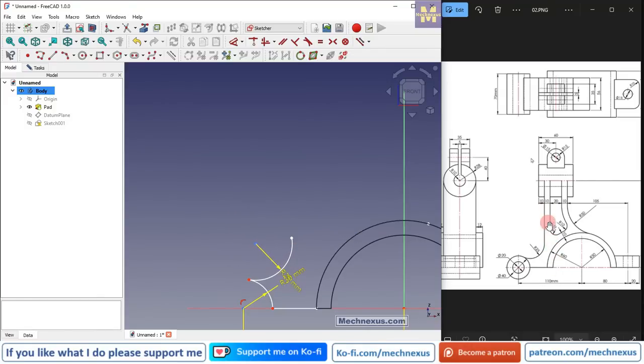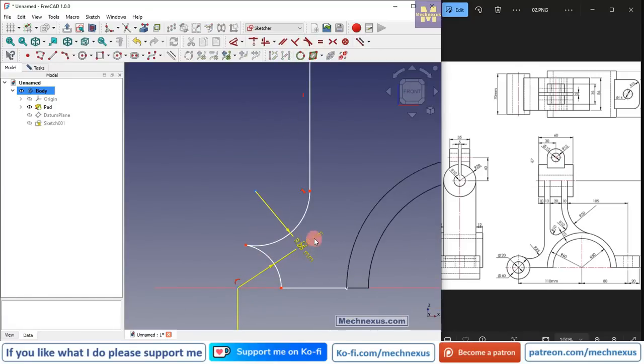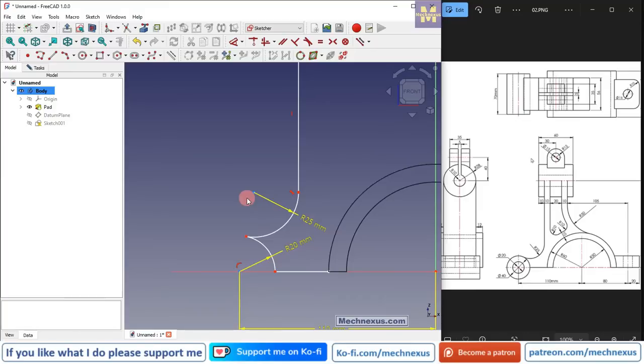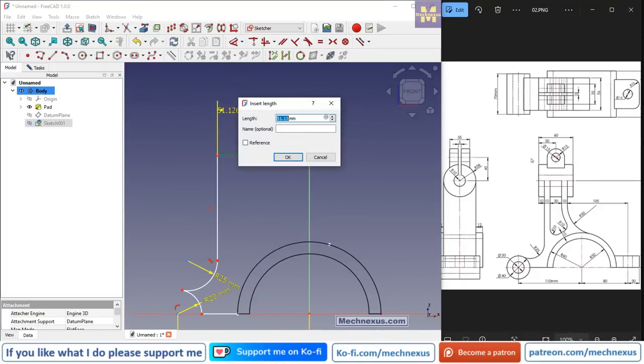There is a vertical line which will be tangent to this arc. So first I will create a vertical line and add a tangency. Now if you see here, we can see the 10 mm, 20 mm, 10 mm, which means 40 mm. So we will draw a horizontal line and select horizontal dimension and provide the 40 mm,